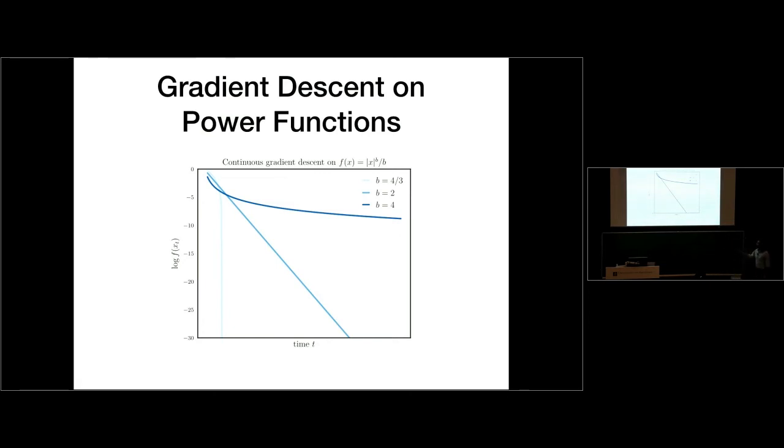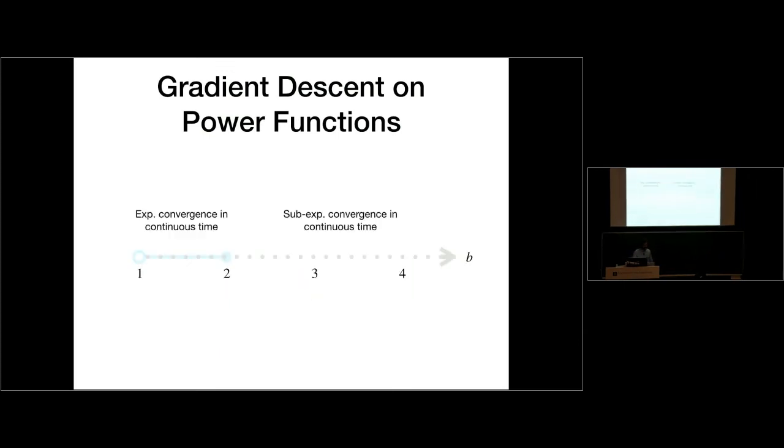So in log space, having something that contracts at a rate 1 over t to some power is logarithmic. If it's exponential, then it's like a linear line in log space. I just really want to drive home that these are not sort of arbitrary distinctions. There's quite a profound difference in the kind of convergence rates. Okay, so what is the summary, the diagram of what we've shown so far?